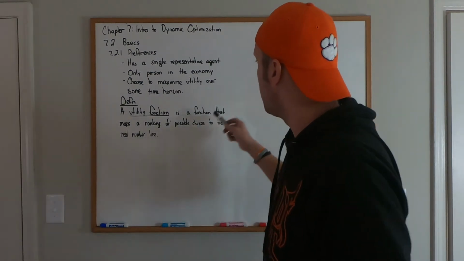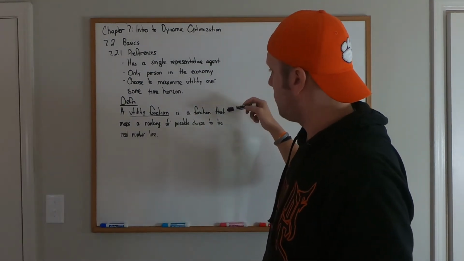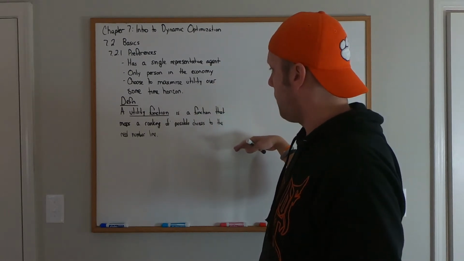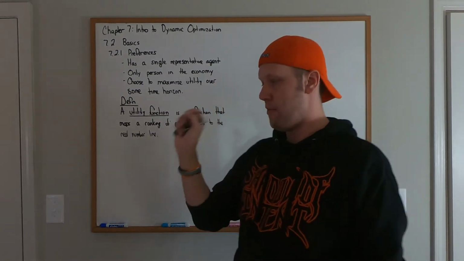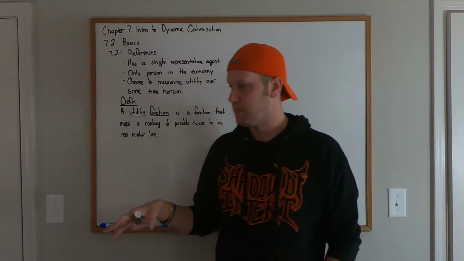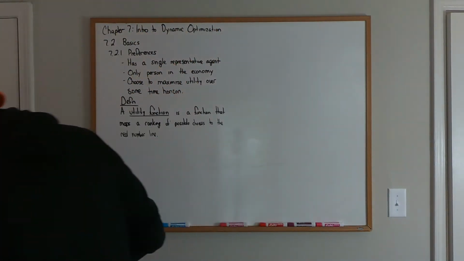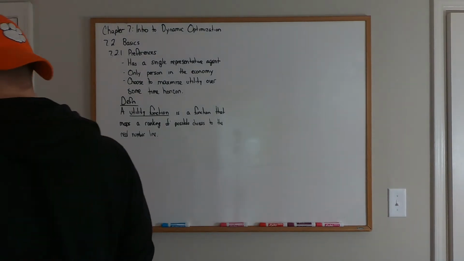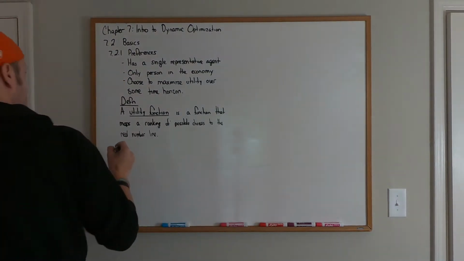So what it's doing is it's allowing us to rank these choices in such a way that we can map them, we can fit them into the real number line. So it lets us measure our preferences by defining them on some metric. So in this model,